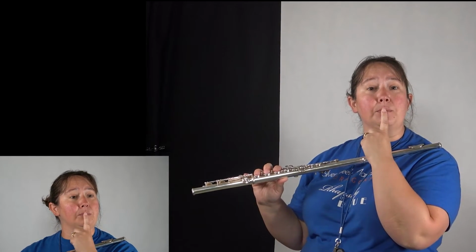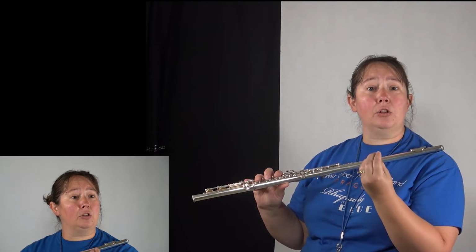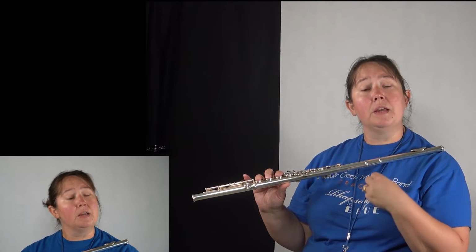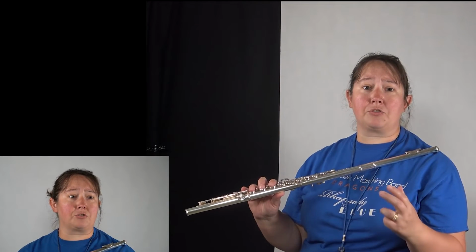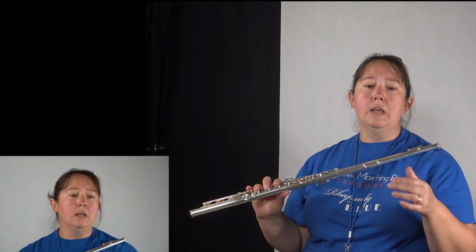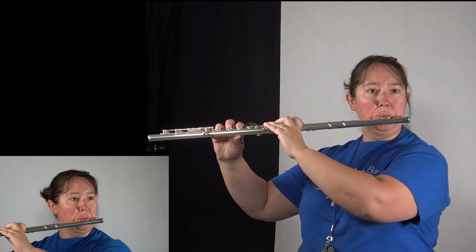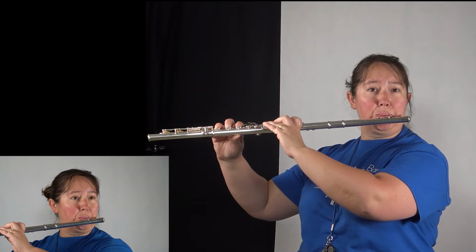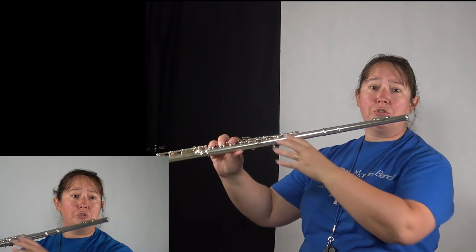And what this does is it brings the aperture, which is the center of the lips where your air is coming out, closer together and makes it smaller. So it really focuses your air and it focuses your sound. We can take this series of harmonics and this idea of a harmonic exercise, and do a lot of different things with it. But the first step and the first key is being able to control those pitches. See how many you can get and see if you can get them in order. Once you get them,